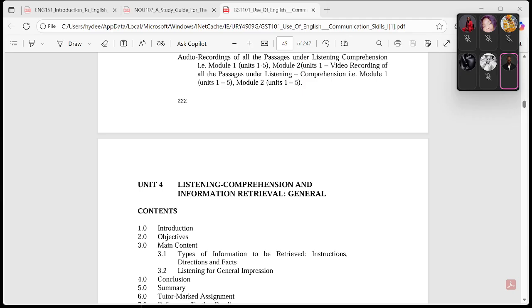What is the root word of retrieval and what does it mean? I don't know. To me, I guess it means information. Okay, information. Any other person before I call your name? I'm talking to the remaining class. Any other person want to tell us what is the root word of retrieval and what it means?